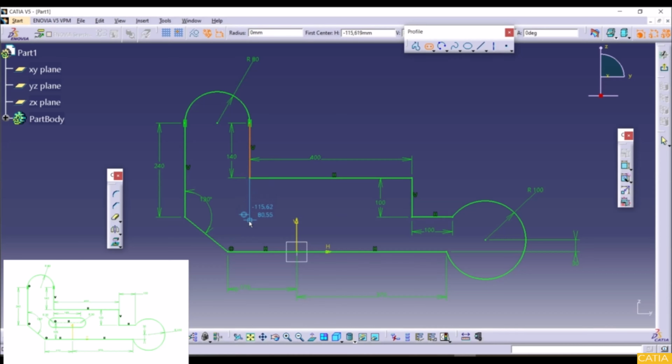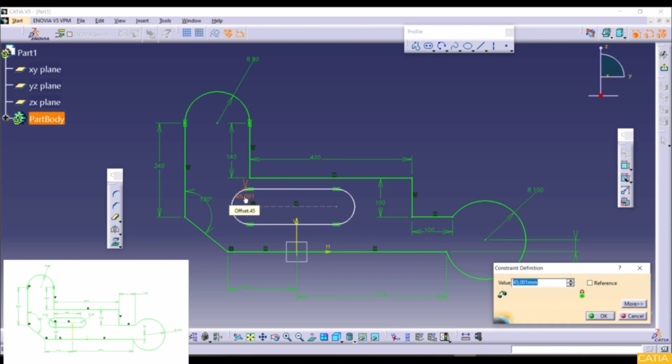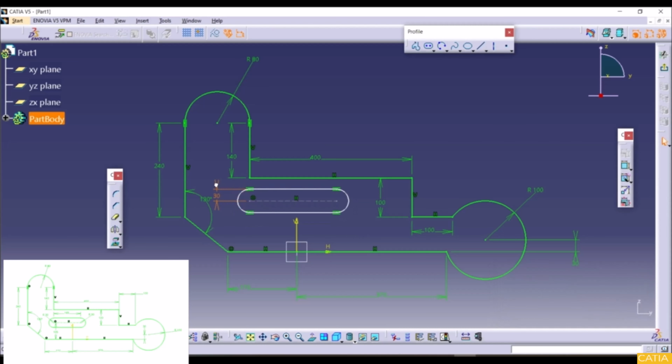So let's start somewhere here, and now let's go to the right side with horizontal line. So make sure that your horizontal line is blue. Let's click here, and now let's expand this somewhere here, like this. Now here let's go with radius, double click, let's go with 30, like this. And let's define the distance between this line here and this line here. So let's go to the constraint, let's select this line and this line here, like this, and this is 105,